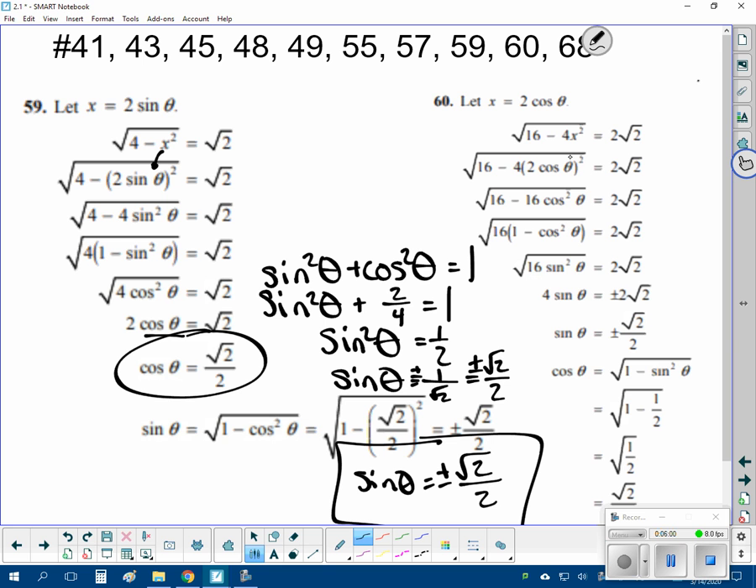So for 60, the beginning of it's really all that same stuff where you substitute in, distribute your square, multiply it by 4, factor out 16, replace 1 minus cosine squared with sine squared, take the square root,